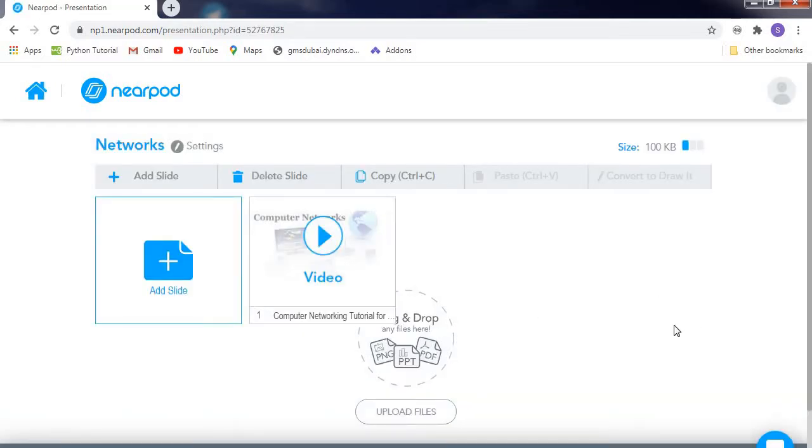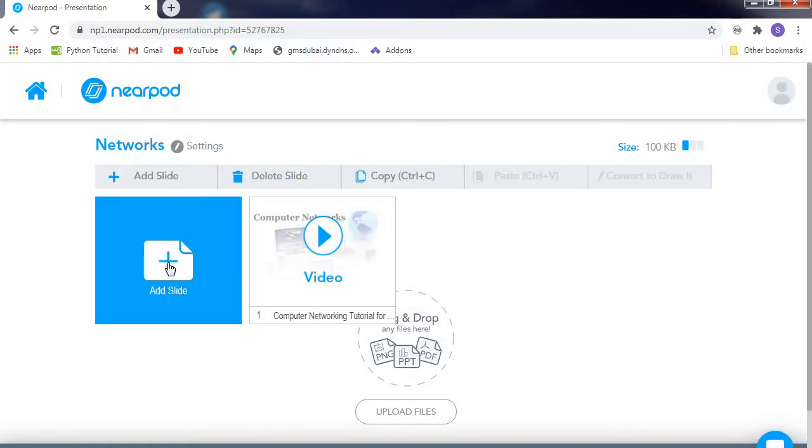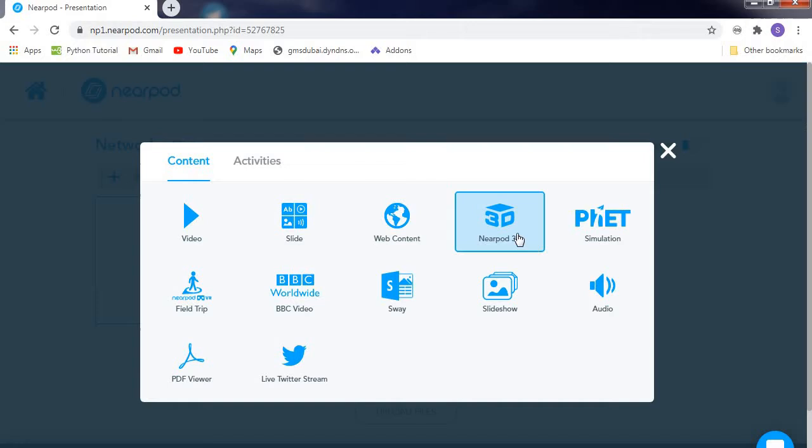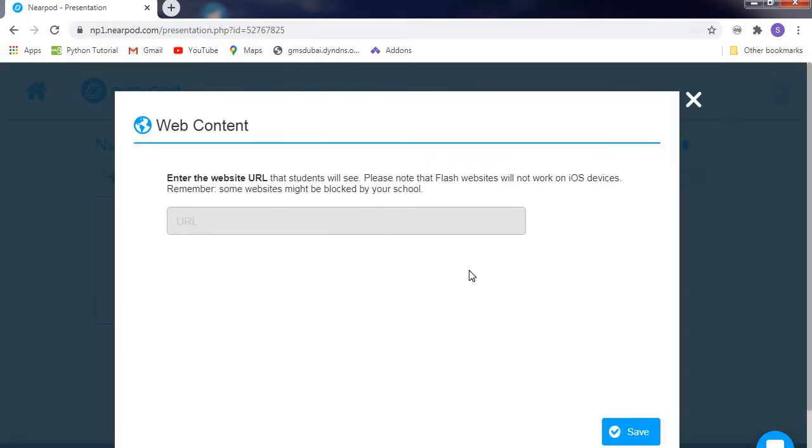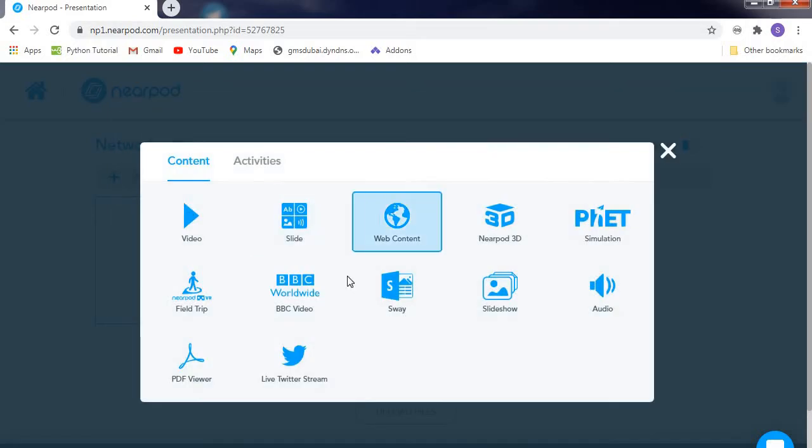Okay, I am not preparing this one, just that way you can prepare the slides. Or else if you are taking this one, you can see here web content is there. That means any web content, if you want to enter into this one, that link should be given here. Then just save and you will be getting a slide like this, in the same format as the previous slide you made.